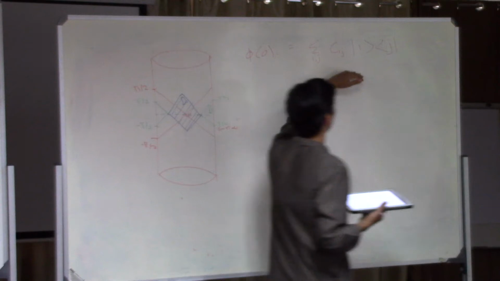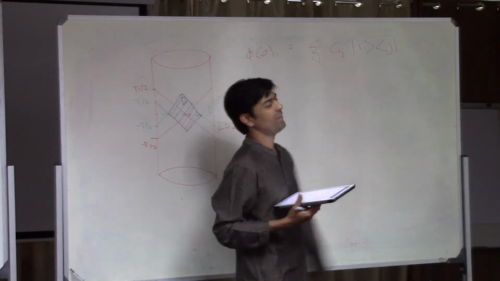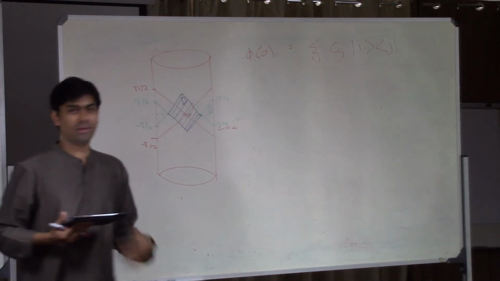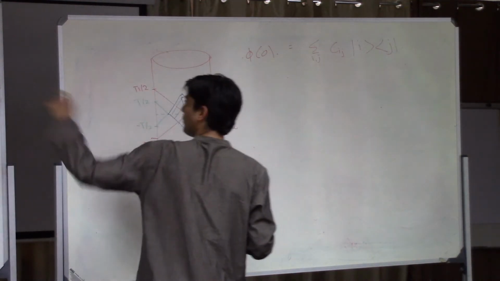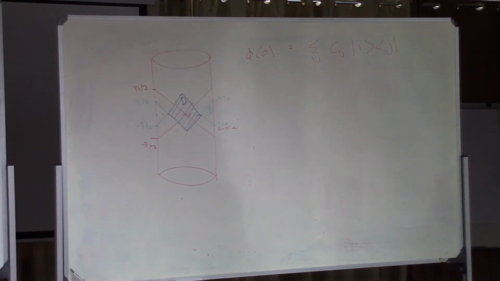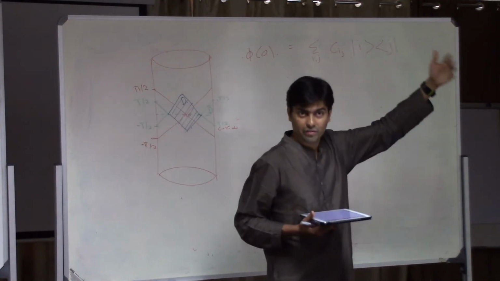Okay, so phi of 0 is written this way. This is just an expansion in the complete basis of states. If I give you a specific basis of states, for example, the basis of states that are created by these creation and annihilation operators, I can work out what these Cij coefficients are explicitly. They are again something you can work out from effective field theory.